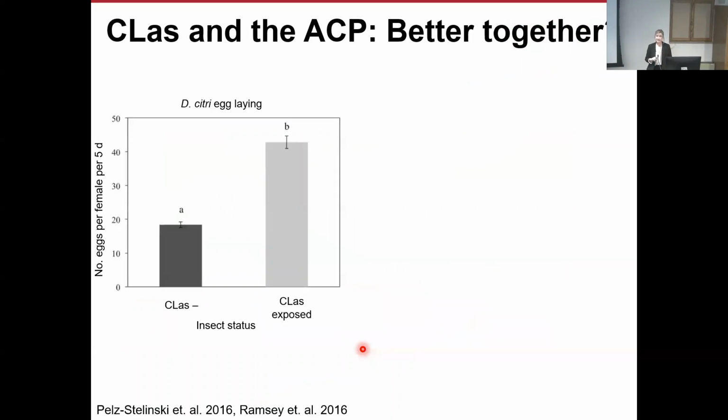This was supported by some key findings. The first is a study done by Kirsten Pell-Stalinsky that looked at the number of eggs laid by females on infected versus healthy trees. And they found that when insects are feeding on CLas infected trees, they actually lay more eggs,